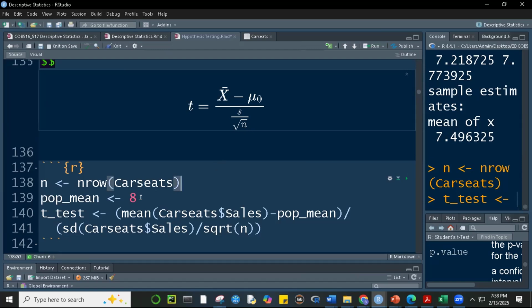Your population mean is given at 8. So this is that figure. And then X bar is the mean of your car sales. So that's mean car seats sales minus the population mean. Put it in parentheses to close it. Then divided by the standard deviation of car seats sales divided by the square root of n. Then close it also. So if I run this,